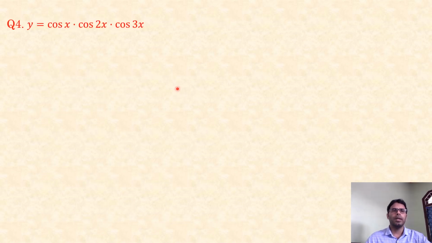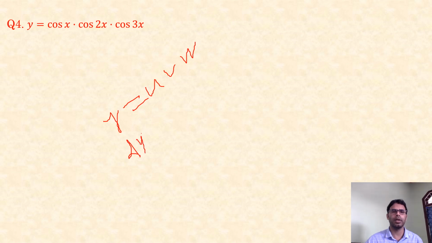So this is the new question: y is equal to cos x into cos 2x into cos 3x. No doubt this problem you can solve without the help of logarithm. U into v into w. I told you in the first year classes that if you have three functions like this, y is equal to u into v into w, where u, v, w are all functions of x, then dy dx is equal to,